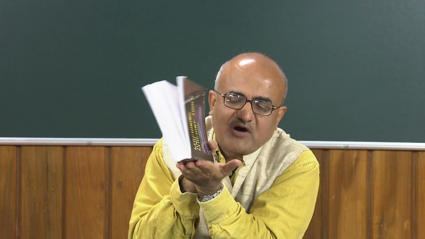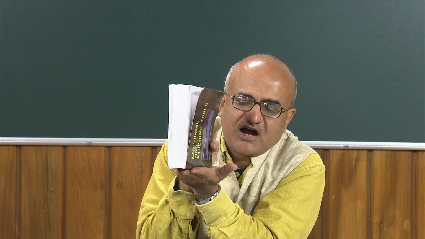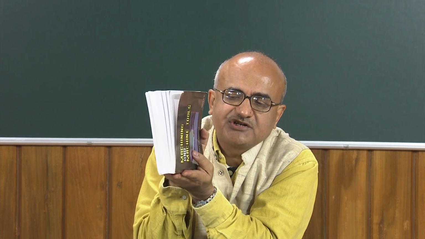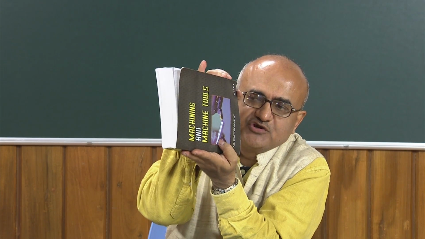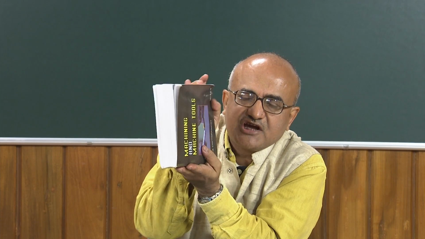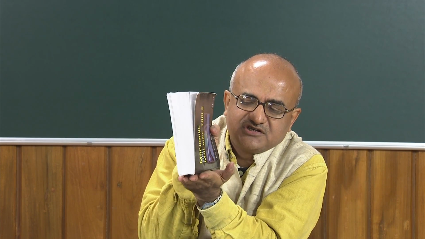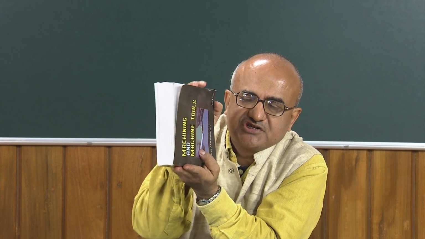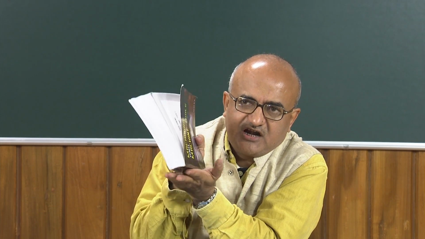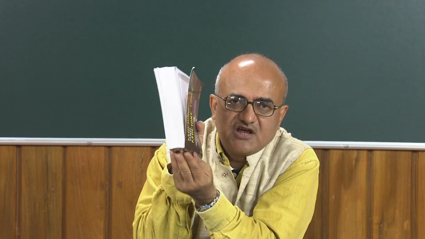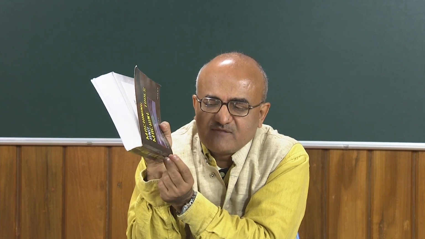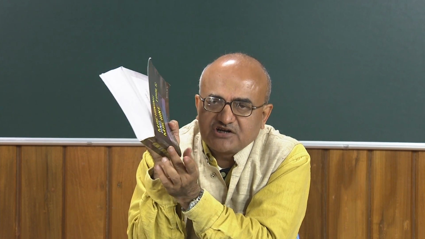I can say this bottom surface, which is resting on my palm, is the flank face, and the top vertical one, in which the title of this book is written, is considered as the rake face. So both the faces in this case are perpendicular to each other, but you understand that this is the rake face and this is actually the flank face, and both the faces are meeting at one edge, this edge, that sharp edge is called the cutting edge.